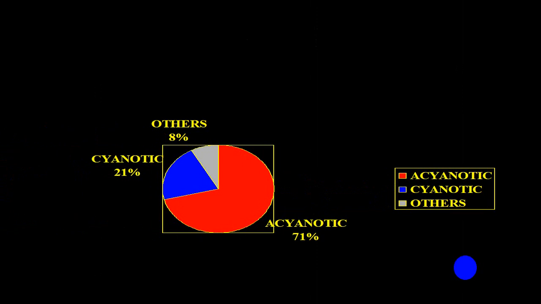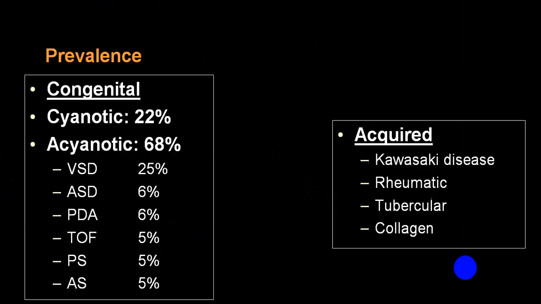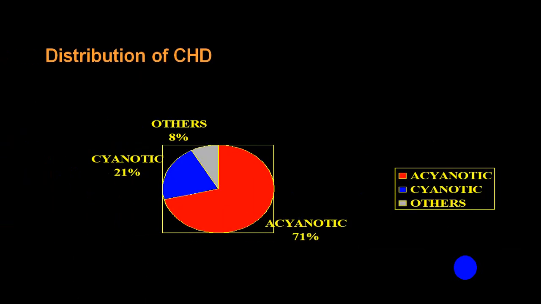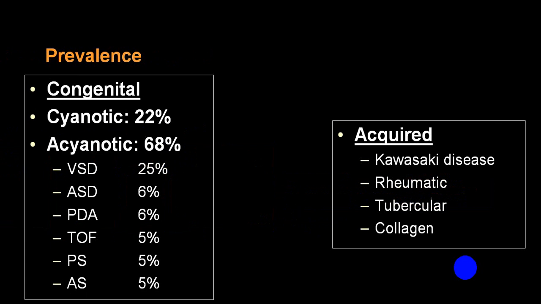are very, very rare, only 1 to 2%. Among all of those, acyanotic heart disease accounts for almost 71%, while cyanotic heart disease is 21%, and mixed or rare groups we call 8%. Again, cyanotic is only about 22% and acyanotic is 68%, here it is 71%. So almost 70% will be acyanotic groups, and in the acyanotic group, VSD is topmost on the list, then come ASD, PDA, tetralogy of Fallot, then pulmonary stenosis, etc.